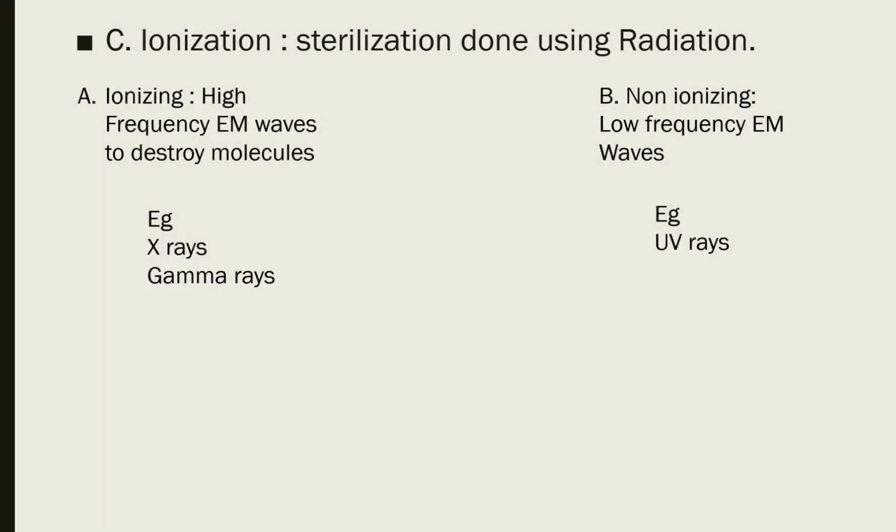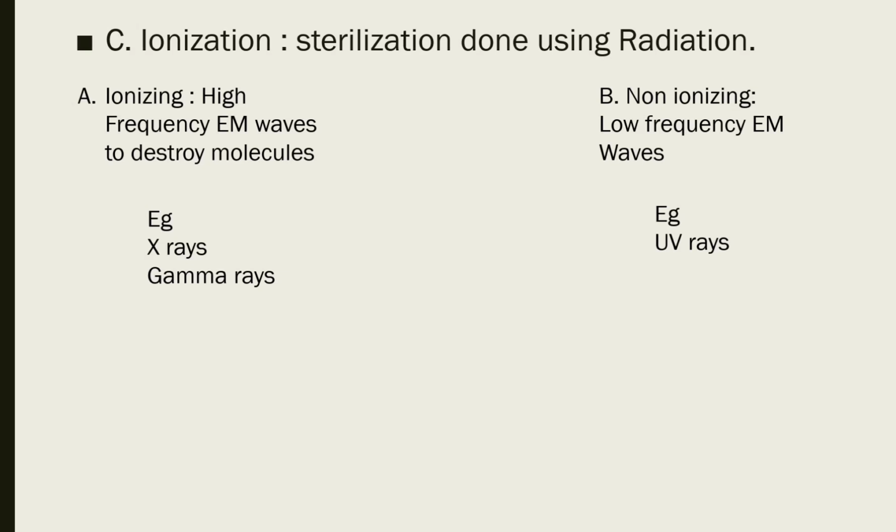Now coming to ionization: it is nothing but the use of radiation or electromagnetic waves to sterilize the equipment. There are two types: ionizing radiation and non-ionizing radiation. Ionizing means high frequency electromagnetic waves are used to destroy molecules, for example X-rays and gamma rays. And non-ionizing means low frequency electromagnetic waves are used to destroy the molecules,